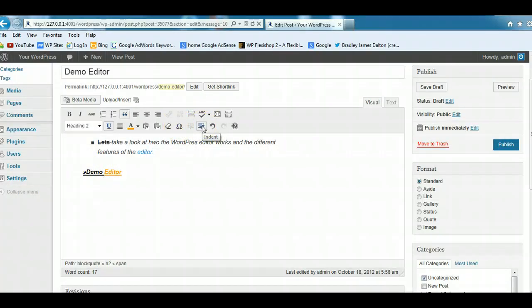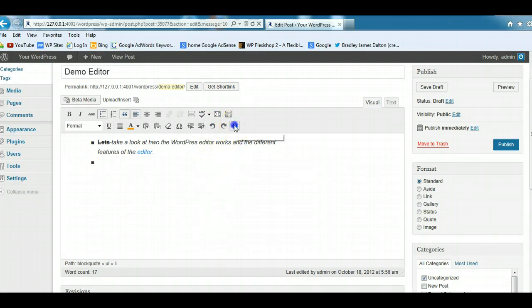Indent, I don't know what that is. I can't explain to you what it is. I've never used it before, but you might want to play around with that. Undo, you can undo the last changes, and this is quite handy. I use this a fair bit. If you want to go back and you make a mistake or something happens, you can undo all of that,